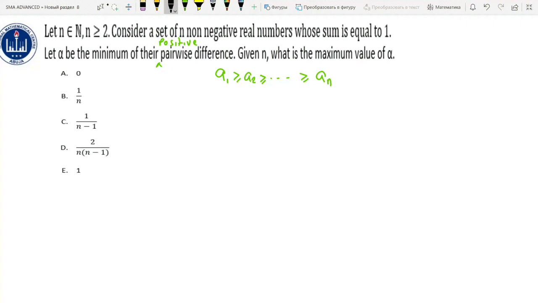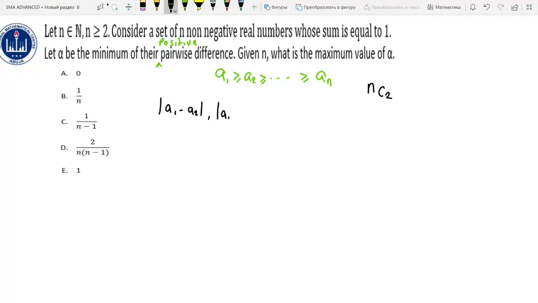So now, what are going to be all the possible terms here? They are going to be n combination 2 possible differences here. In this case, we're not going to multiply by 2 because we're talking about absolute difference or positive difference. We're only going to consider one of the differences, not both of them. So there's no need to multiply by 2 here. These are going to be the possible positive pairwise differences.